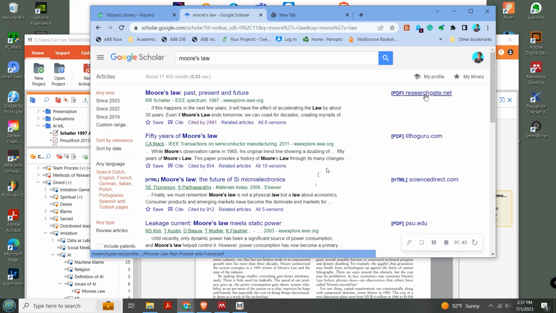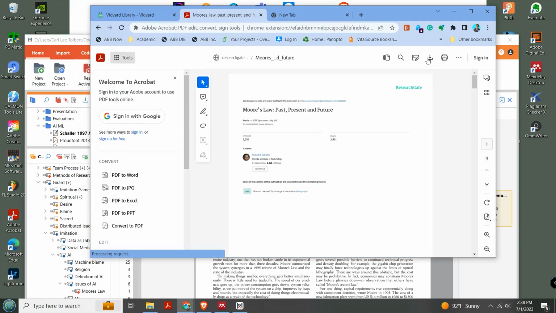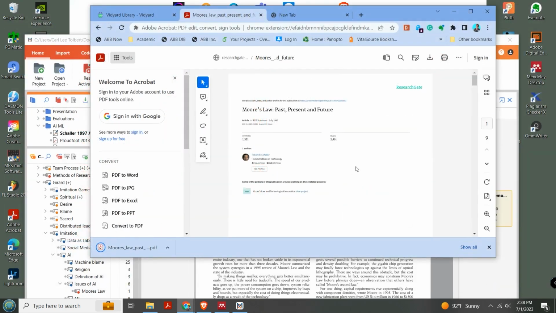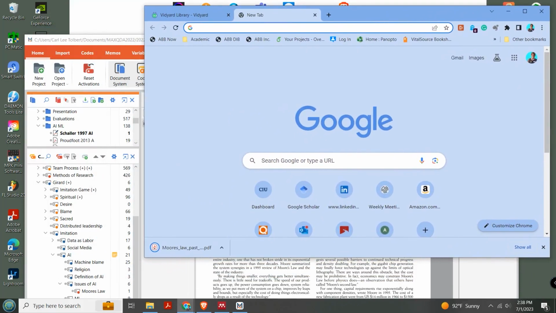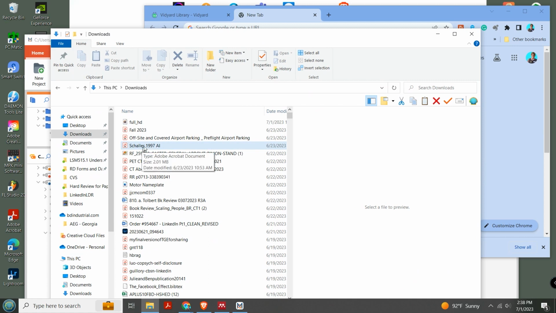But you can see it has a PDF, which is great. So I download the PDF. I think I have so many things running that it's running a little slowly here. All right, so I download it, not a big deal. I already have a copy of it, but boom, download. And you can either rename it here or later. I'll just save it as this, and then delete this piece and move this around because I already have it here. So you can see I renamed it to Schaller